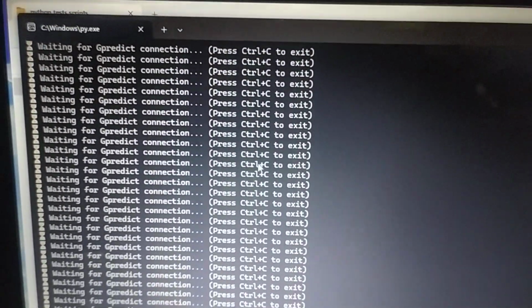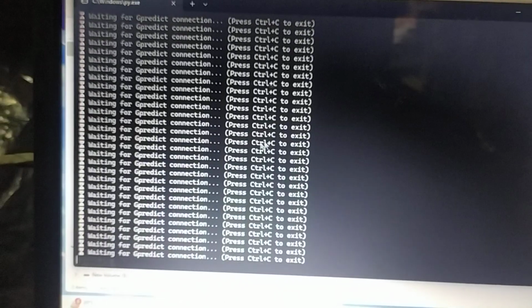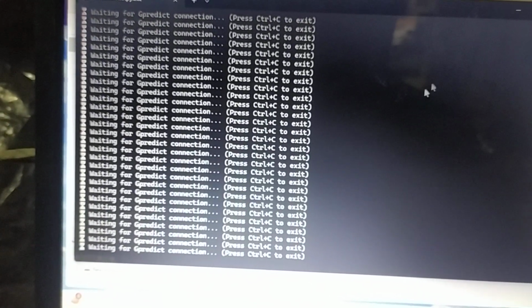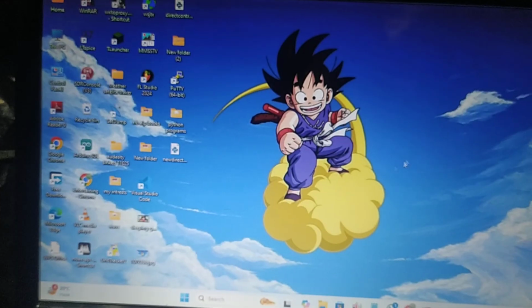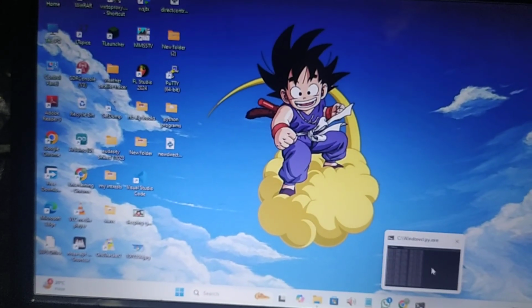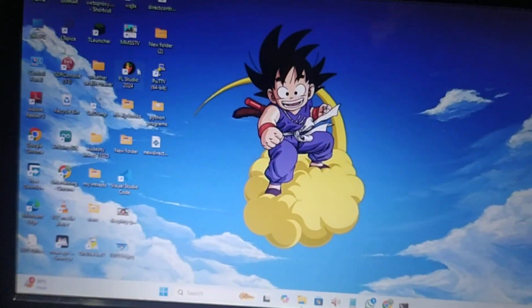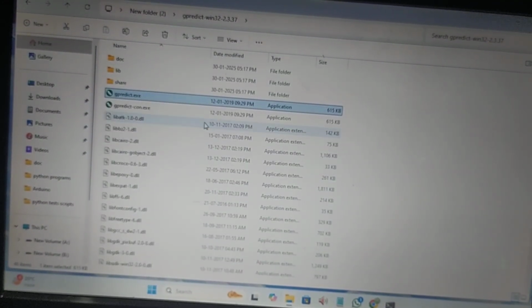Sometimes it runs continuously and we can't exit the menu, so we have put in a timer so that whenever we want, we can exit. So if we go over to gpredict, this terminal is running in the background, so we have to let it run in the background. After that, we have to go to gpredict, and then we run gpredict